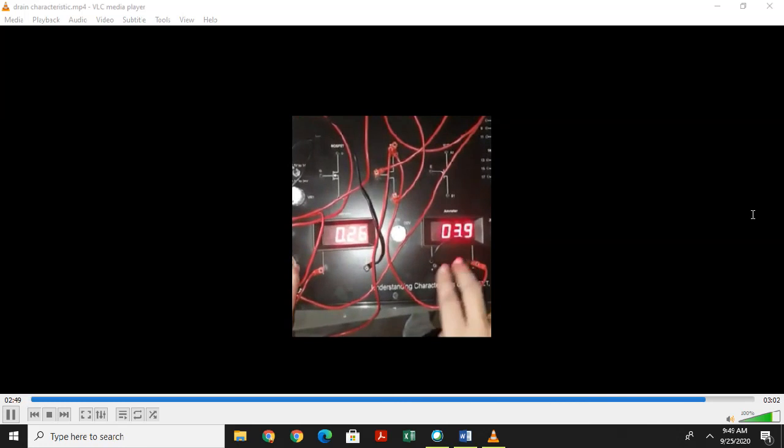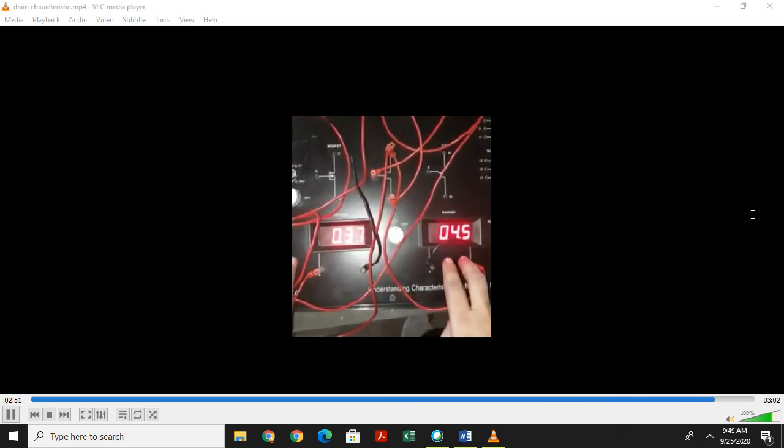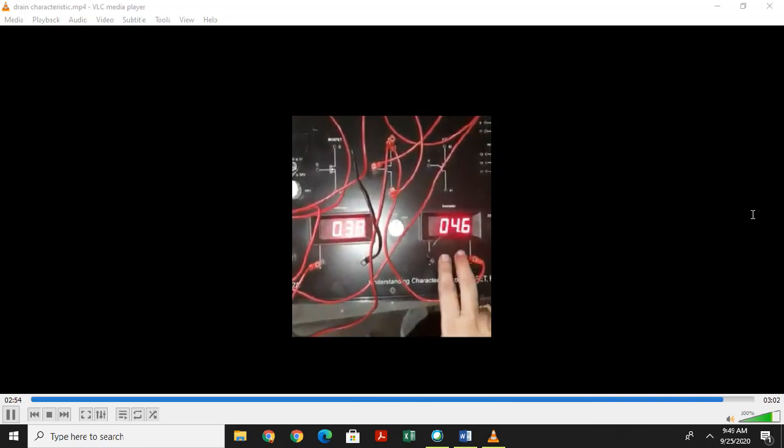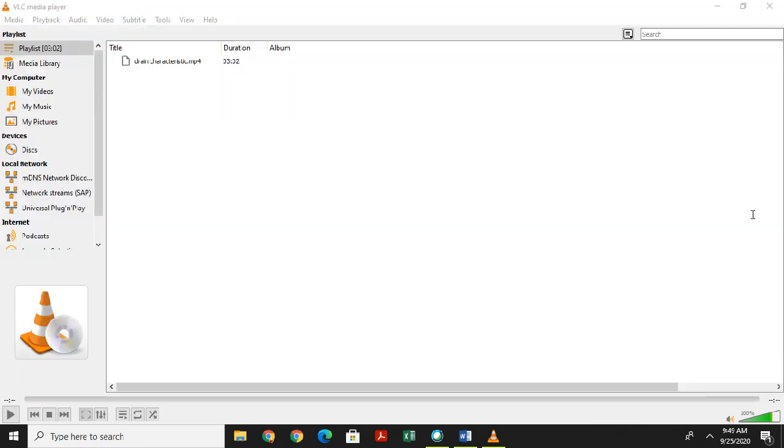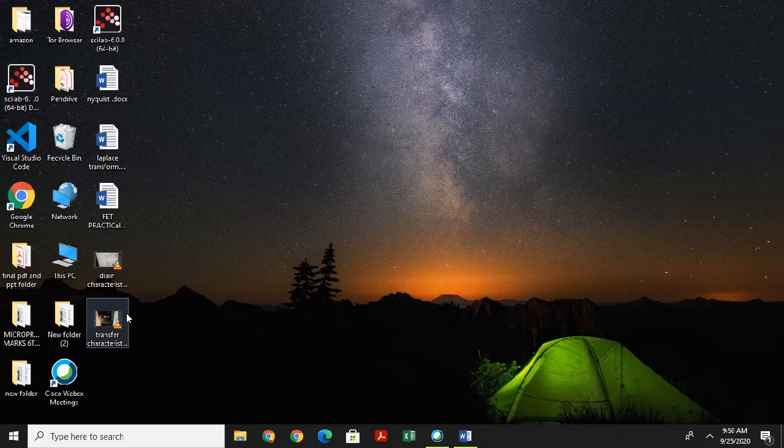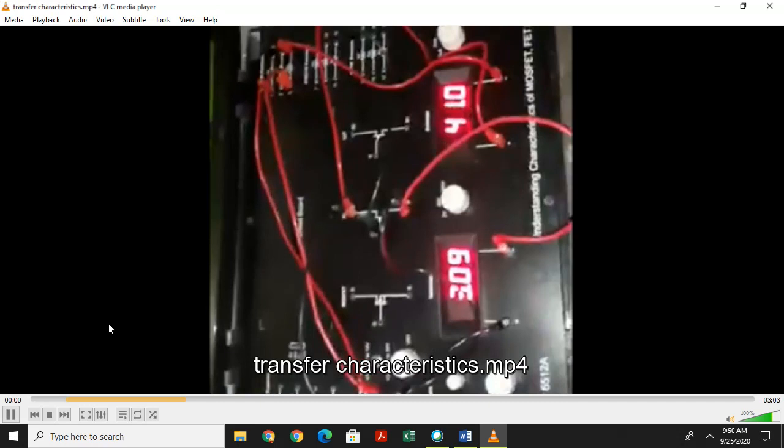Here we give VGS as -1.65 volt, then change the connection from gate to drain point, increase the value of VDS and note the corresponding value of ID. Then we draw a plot between ID and VDS. Thank you.